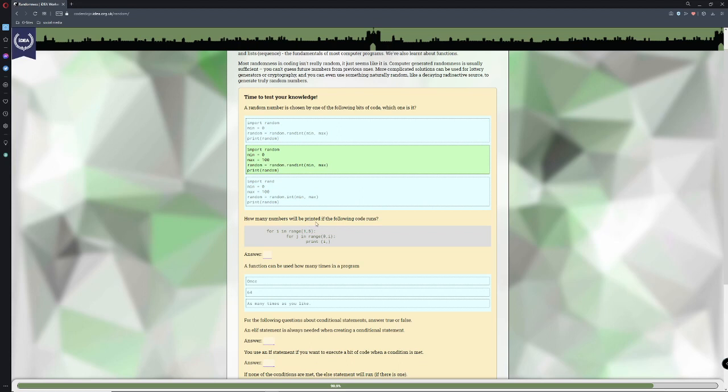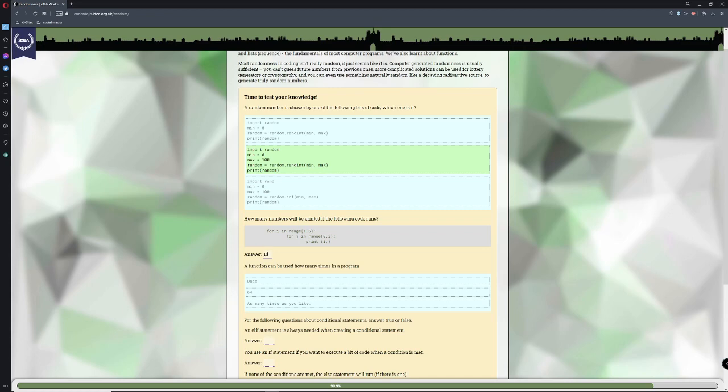How many times will the number be printed if the following code runs? Okay. For I in range 1 through to 5. Okay. For j in range 0 to 1, print I. That would be, so for I in range from 1 to 5, and then we are going to say for j in range 0 to 1.